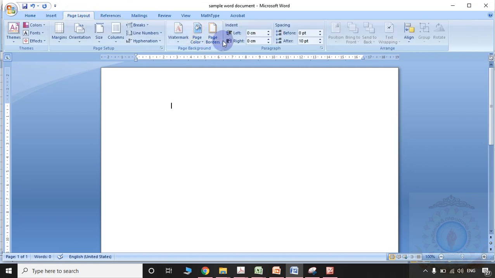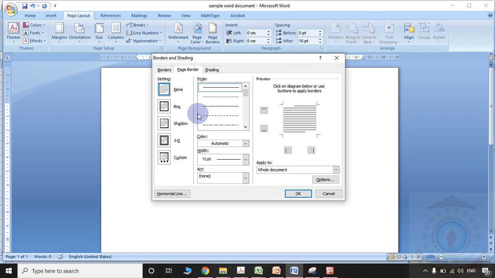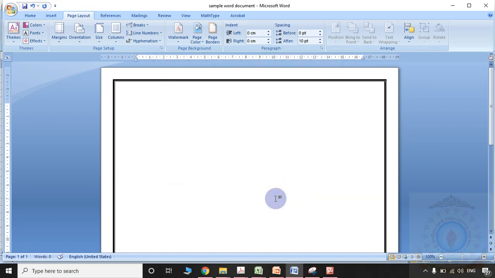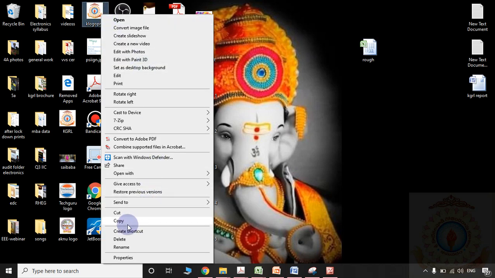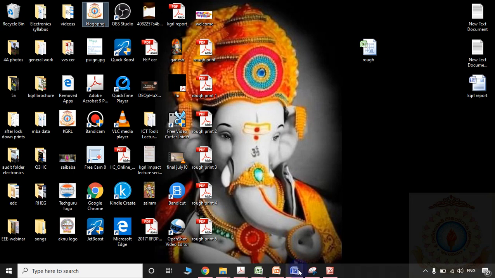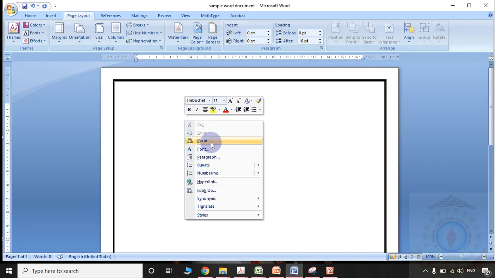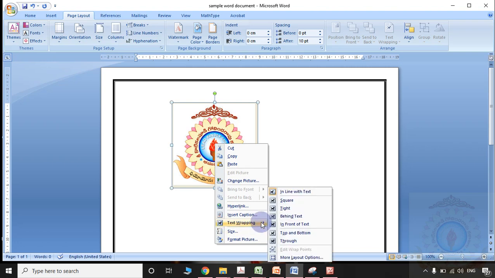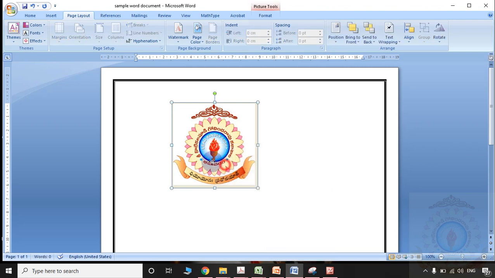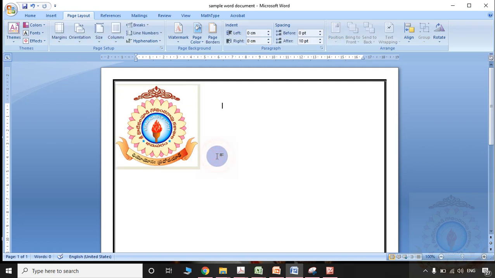Page layout I am selecting, page border. I am selecting my college logo, right click, text wrapping.